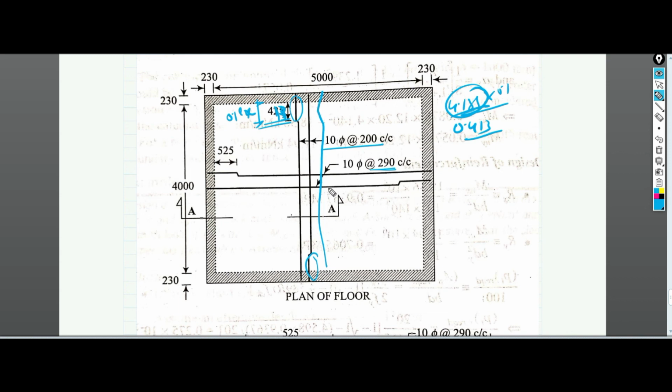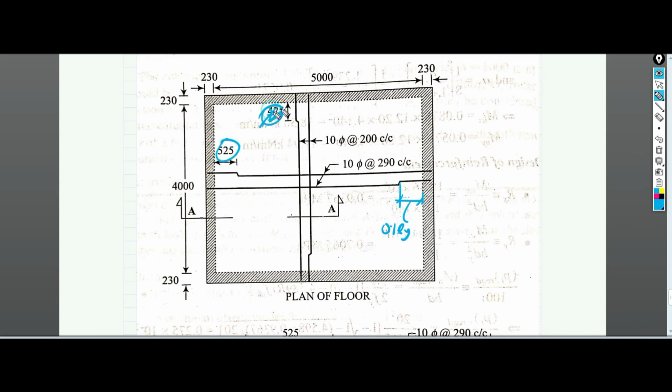Similarly, along the y direction, or in the longer direction also, whatever effective span you have, that is ly, you multiply with 0.1, and for that particular distance you provide the crank at the top. Okay, this distance is from here to here. This distance is 0.1 ly. Probably these values will be different here. You just ignore these values, do the calculation, find out what 0.1 ly is, and here this will be 0.1 lx. Okay, other than that this is fine.